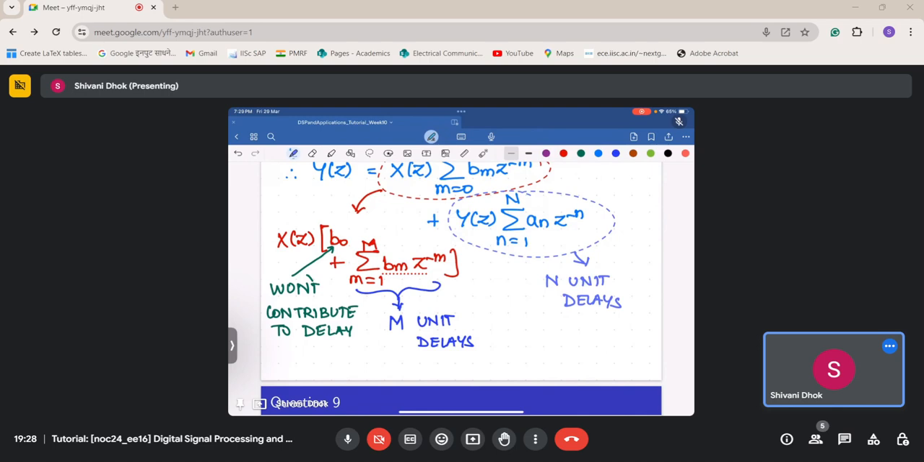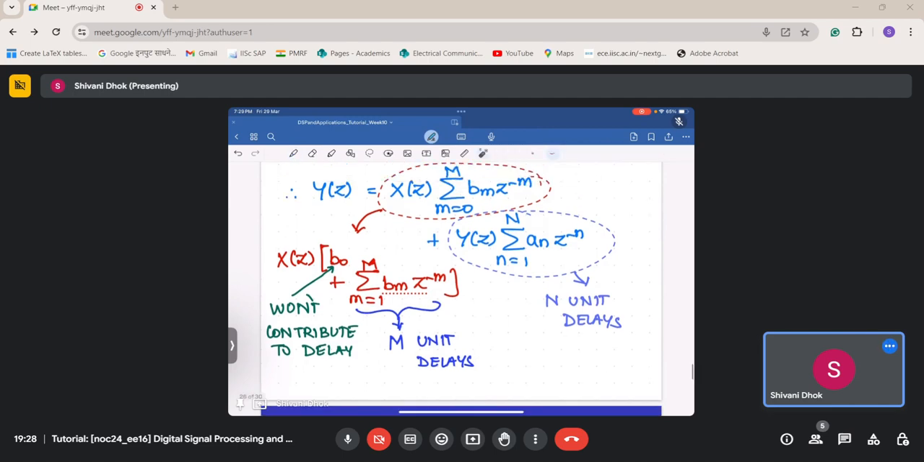Okay, so now here what we do is, in direct form 2, we realize this part and then we realize this part, right? So if we are doing that, then the number of delays, or total number of delays,